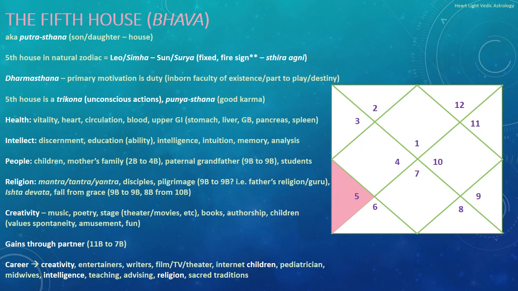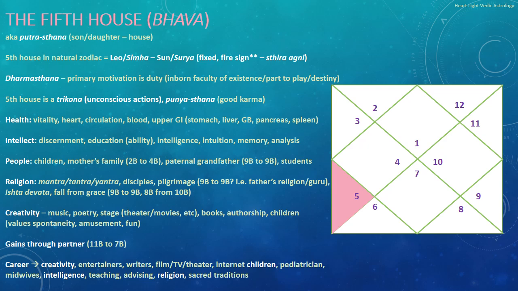The other thing the fifth house can be looked at is gains through a partner, because it is the 11th house, which is the house of income and gains, to the seventh house. A partner is the seventh house. So the fifth house is the 11th house to the seventh house. So that's another thing. And if the career is being assessed and the fifth house is strong, or the fifth lord is involved in the career assessment pretty strongly, then you would typically find people who have careers related to